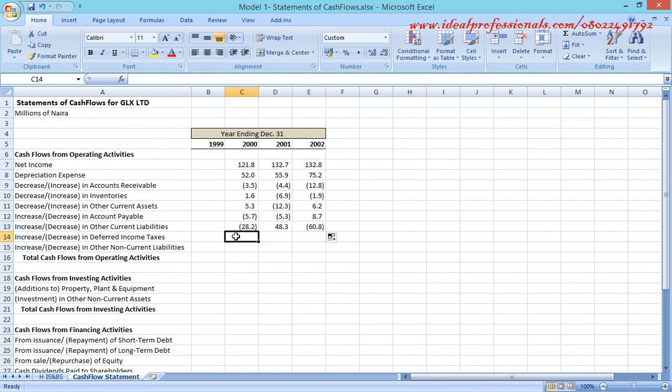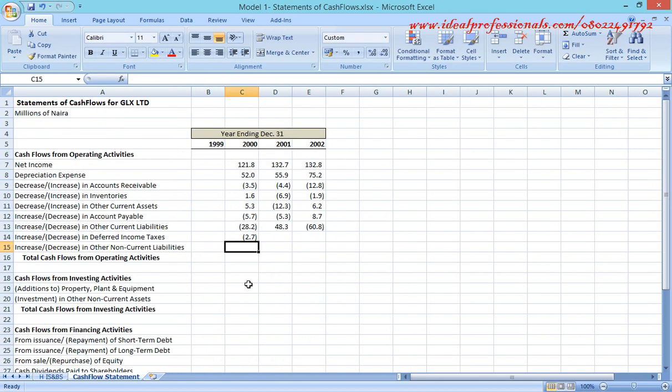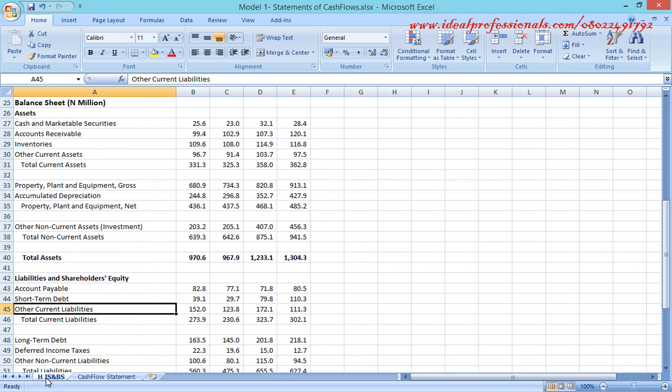Then we have deferred income, my equals to also in the next one. My minus sign, enter. Now drag as usual. Then go to the next one. Increase or decrease in